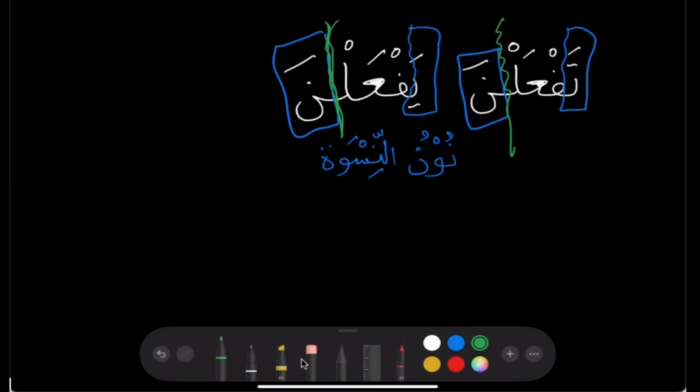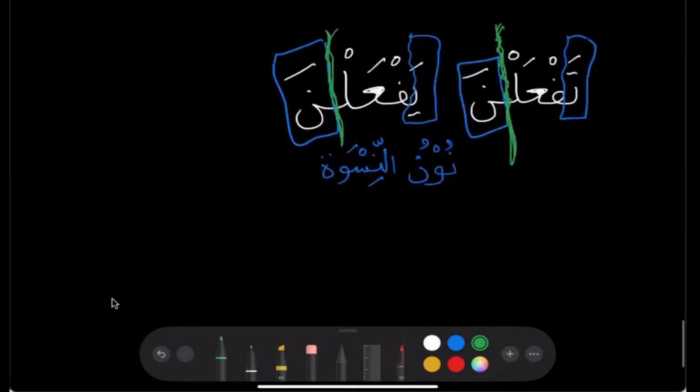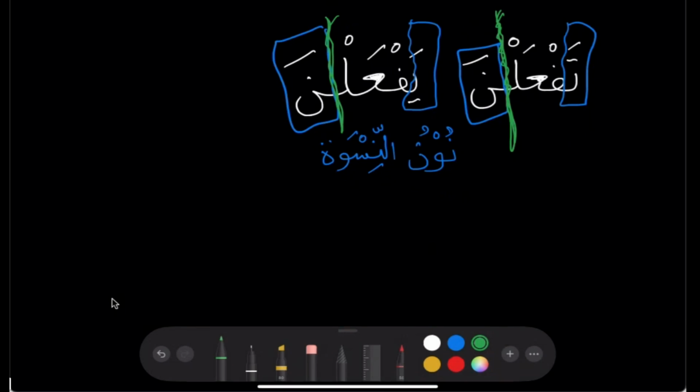So we want to talk about the signs of Rafa. The author said there's 4 signs of Rafa. Dammah and waw and alif and noon. And not sukoon. There's sukoon on that lamb there at the end of the verb. The noon is not the end of the verb. That's very important for you to understand. And also up here, all these ones here, these have suffixes. The noon is not the end of the verb. The lamb is the end of the verb. The suffix is its own word.